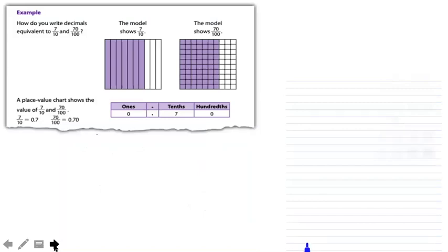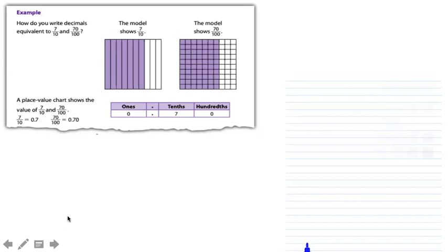Now let's look at the first example on your worksheet. It's wanting us to write decimals that are equivalent to 7/10 and 70 hundredths. They've given us a visual model to show 7/10 and 70 hundredths. And visually they do look equal, like they cover up the same amount of space. But here in a moment, I will show you how to prove equivalent fractions to match the models,